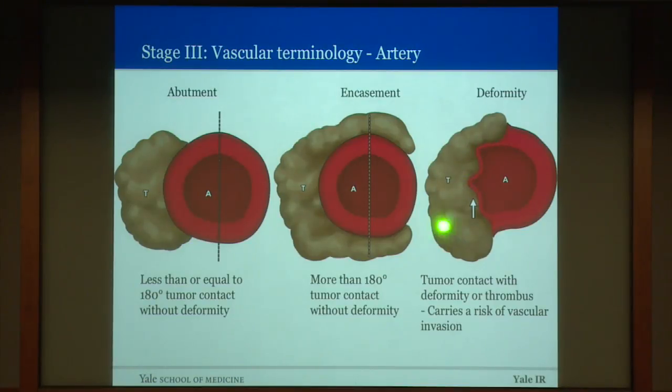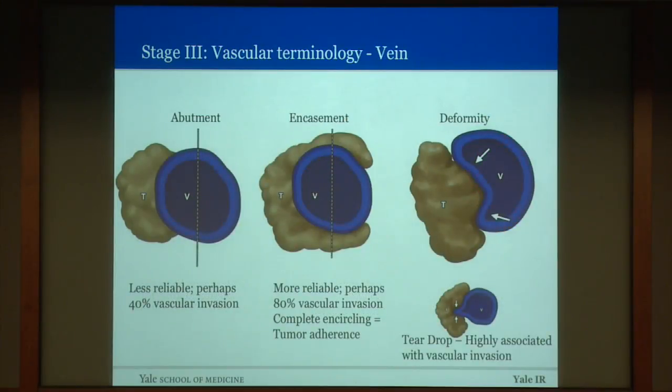And as you move across here, it suggests a higher degree of vessel invasion. And that's for an artery, and they did almost the exact same thing with veins. So abutment is less than 180 degrees, encasement is greater than 180 degrees. And then there's this term called deformity again, and that could be extrinsic compression on one side, extrinsic compression on two sides,